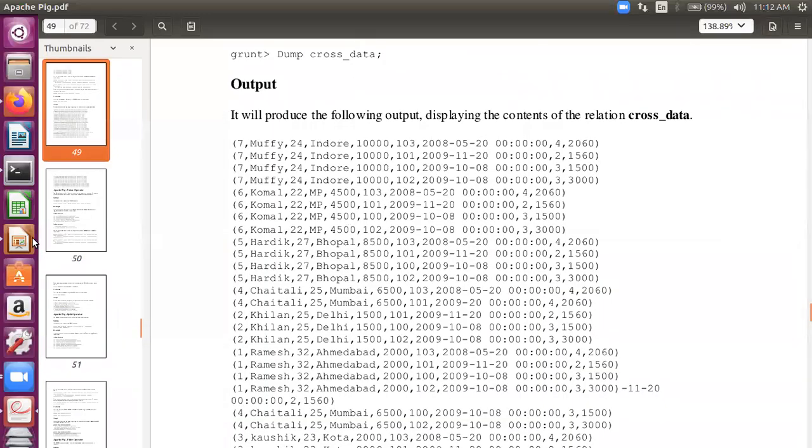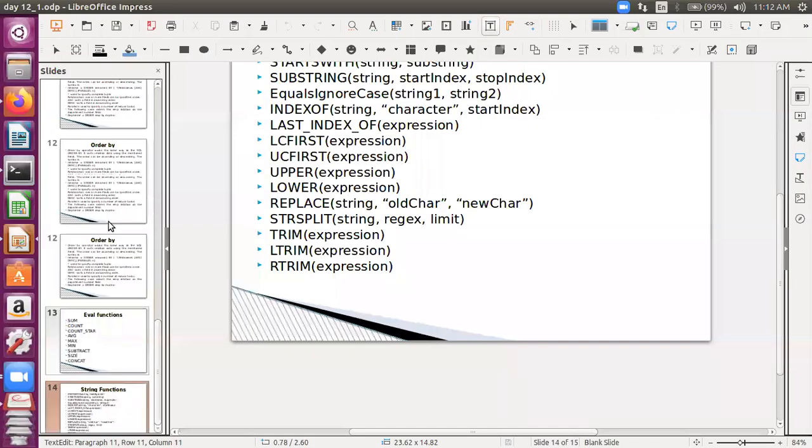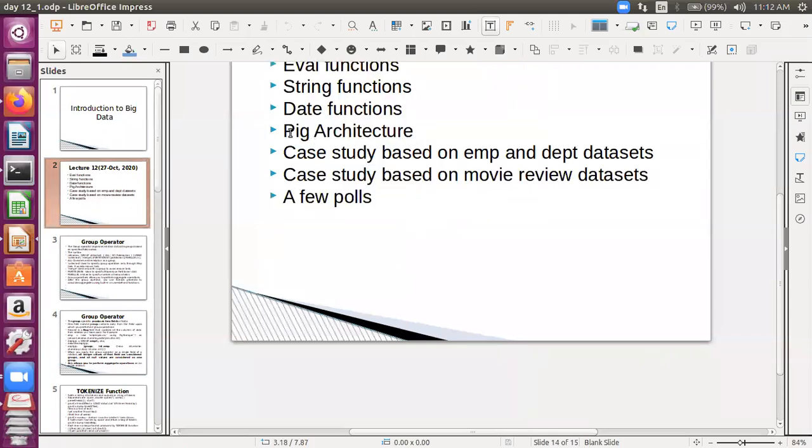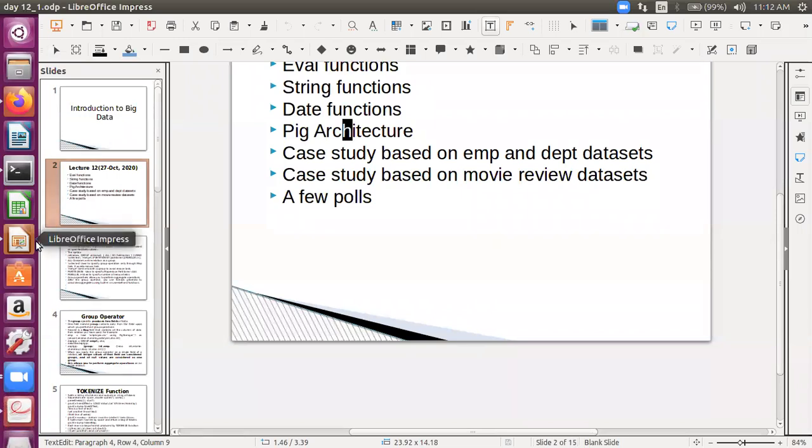What was that after this? Let's check this out. Yeah. So we have the pig architecture now. Okay. Let's now just discuss what is a pig architecture. I deliberately took this topic to the end because it's a theoretical thing, pig architecture. Okay. And something which is happening in the background, you can just read about it.